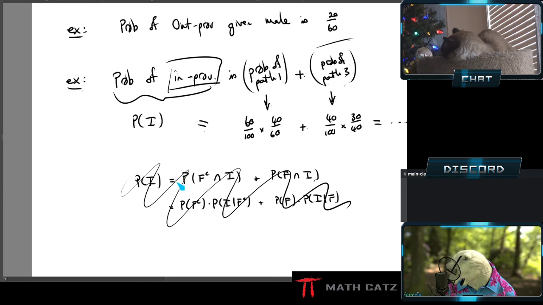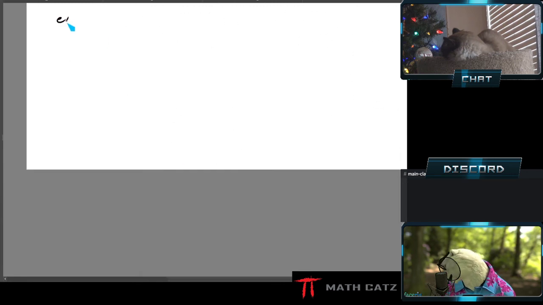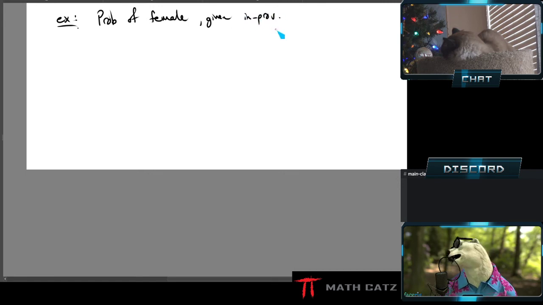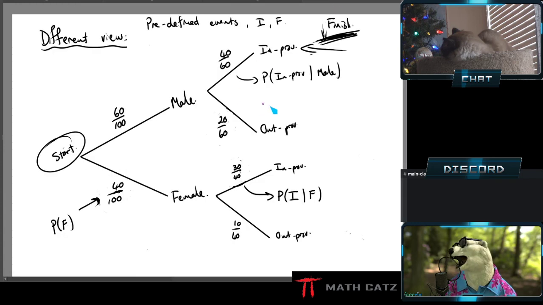There's another kind of question that feels a little backwards, and that's arguably the most difficult one. But we'll see, I can use my tree in a very similar way. Probability of in province. Let me just think. No, other way around. Let's say probability of female given in province. Now this is a little opposite to how I set up my tree.